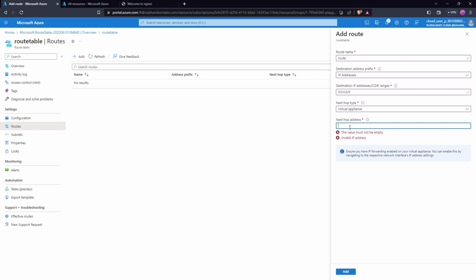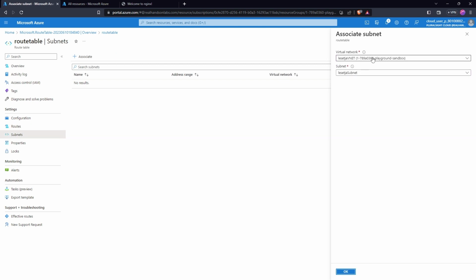And then step number 2, we're going to come here to subnet, to associate, then select the virtual network that you're going to be using and its default subnet, and click OK. And then we can now configure some firewall rules. We're almost there. Let's go to the firewall. Under settings, we're going to do rules,